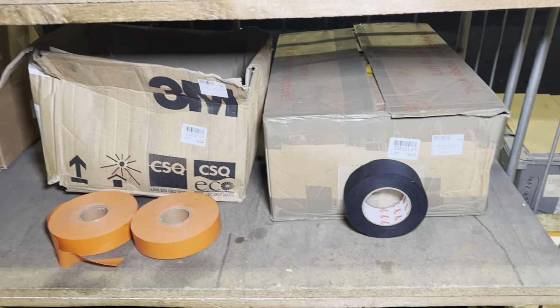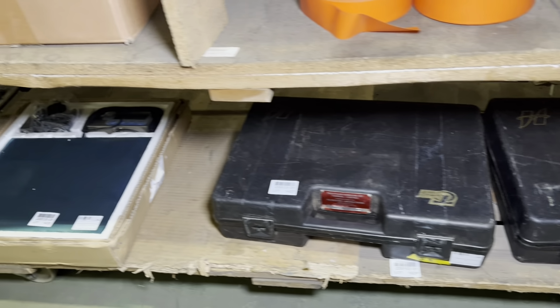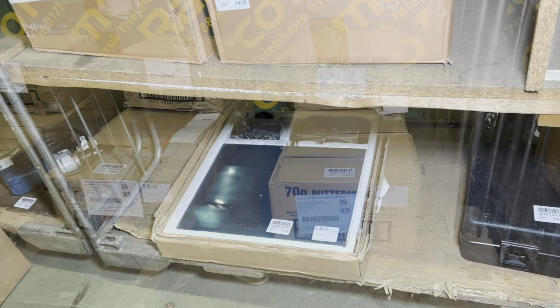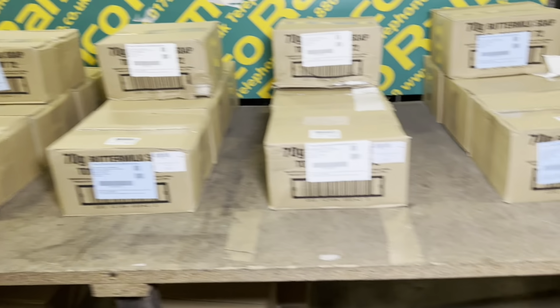So mixed goods, plenty of tape in this one, and we've got some soap that we featured in previous auctions as well. We've featured plenty of this soap in the previous auctions. We've got some more. So buttermilk soap,